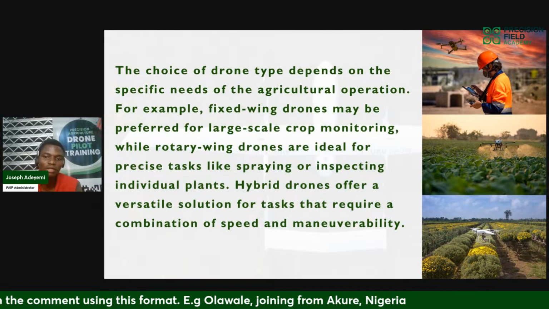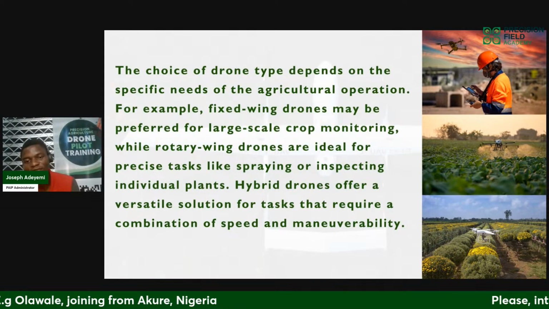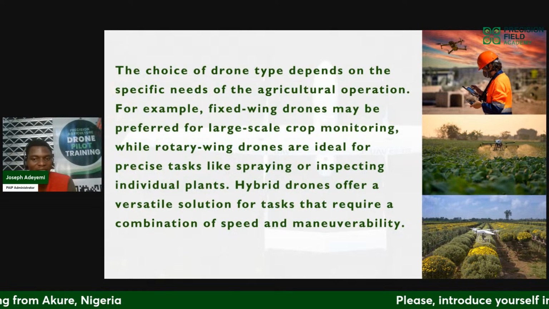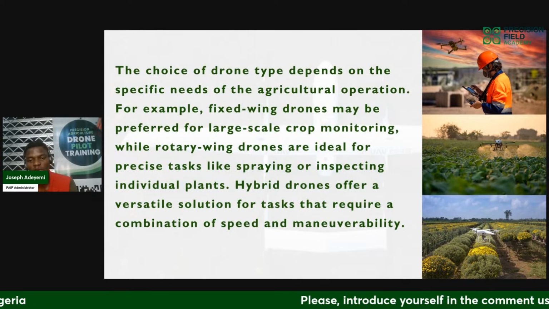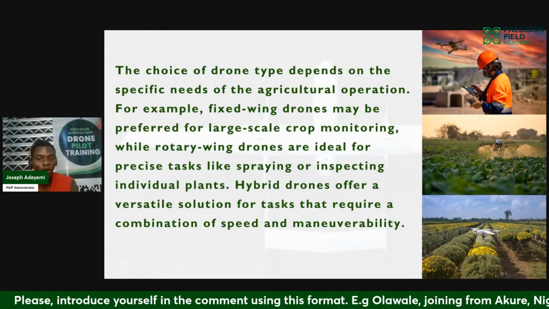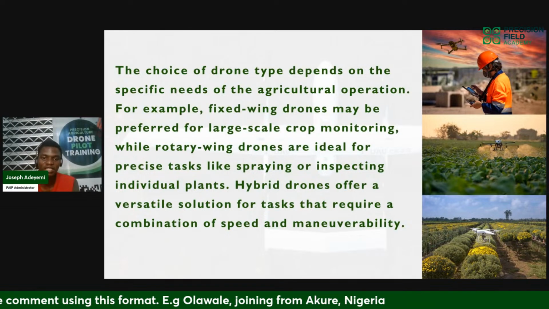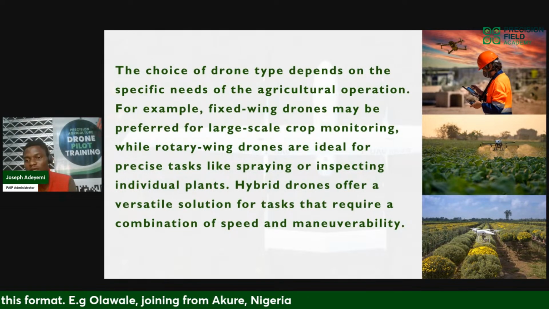You definitely need an actuation drone or sprayer. For example, fixed-wing drones may be preferred for large-scale mapping or monitoring, while rotary wing could be ideal for precise tasks like spraying and inspection of individual plants in the operation.